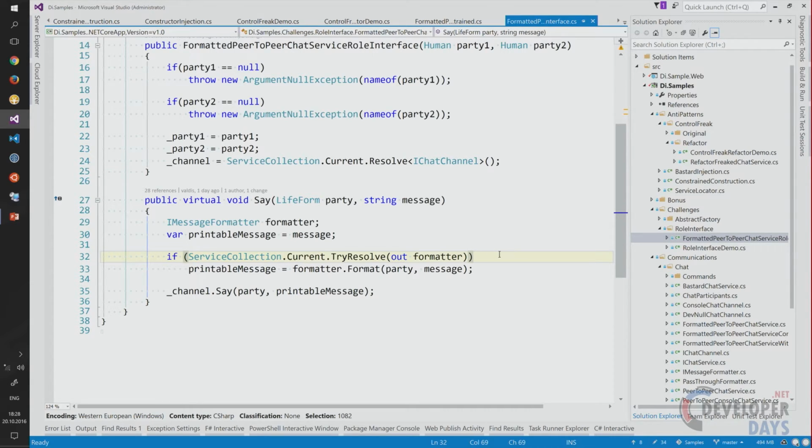The idea is that, if this dependency is not set, I'm just not using that. If it is set, then I'm invoking that dependency. I've seen those code bases, not a lot, but there are cases where this particular anti-pattern is applied. So the refactoring here could be that you can throw out this particular code fragment,